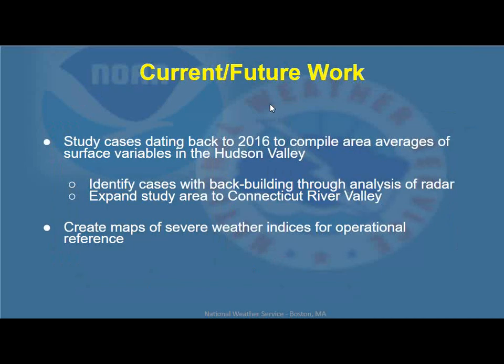And just moving on, discussing the current and future work specific to this project. The study cases date back to 2016 to compile area averages of surface variables in the Hudson Valley, basically to try to come up with some tips to better predict severe weather, identifying cases with back building through radar analysis, and also to expand the study area to include the Connecticut River Valley, more into our forecast area of responsibility in western Massachusetts and into Hartford County in New York and in Connecticut. And then we'll also use it to create maps of severe weather indices that we can use to, again, try to better predict severe weather